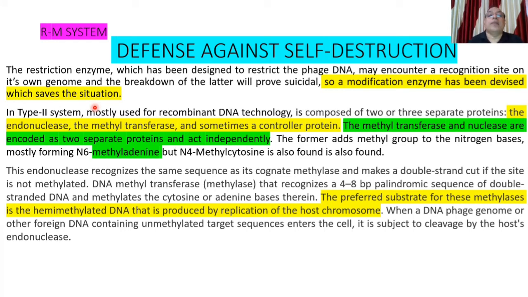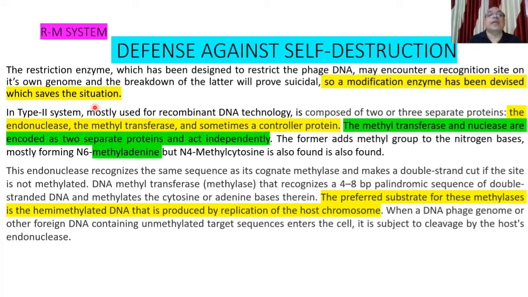That is, the bacterial genome may also contain similar restriction sites which are recognized by the bacterial enzyme in the phage DNA and cut. So what will happen if the enzyme encounters similar recognition sites in the bacterial genome too? It will cut the bacterial genome too, leading to a suicidal impact. The restriction enzyme had been evolved by the bacteria for dealing with the infecting phages.